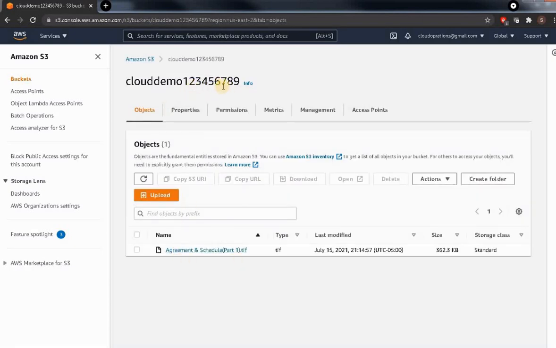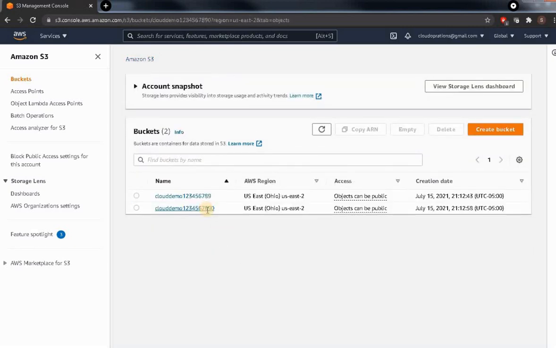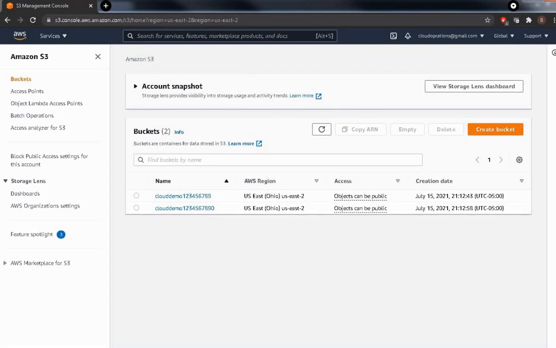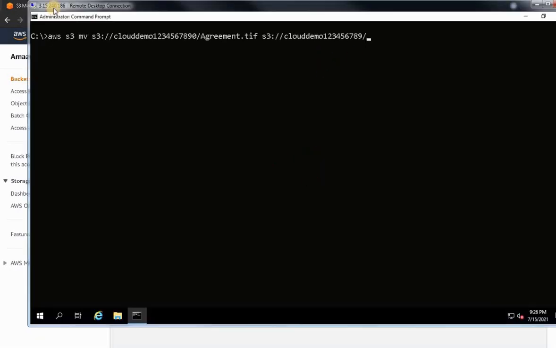One is move object from one bucket to another bucket, and the other is copy object from one bucket to another bucket. In real life, if you have thousands of files and you want to move them from one bucket to another bucket, how are you going to do it? This is our command, mv. mv is our command, followed by the source bucket and the destination bucket. Similarly for copy, we'll use the cp command.